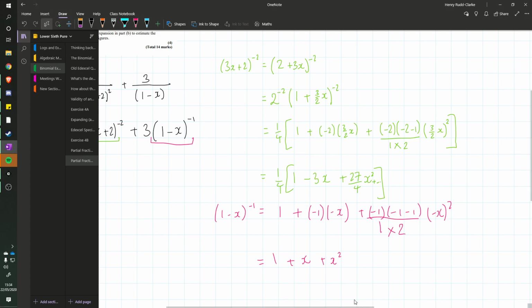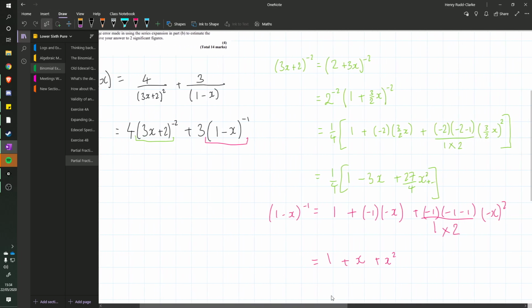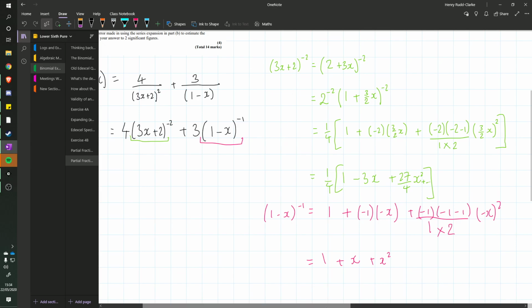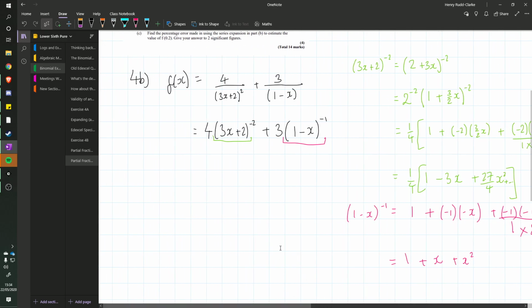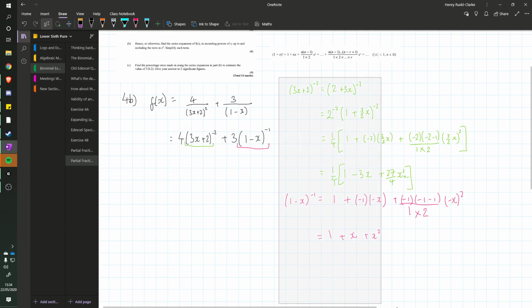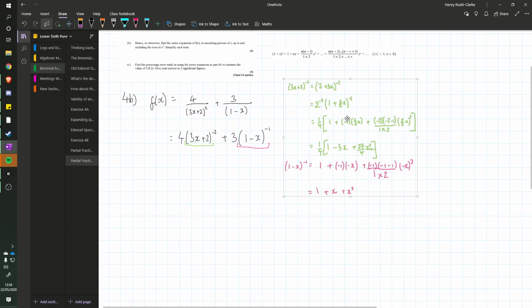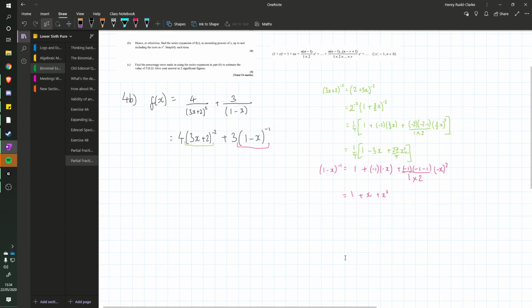Let's do the question. So we've done the expanding bit. It's two separate questions, so we kind of do it separately over here. I might find that I need a little bit more space for this, so let's shrink these down and move them to one side. As I said, if we put the green one back in, it's going to be 4 times a quarter, so we can actually just ignore the 4 and the quarter. They cancel each other away. They aren't there anymore. So we get this,